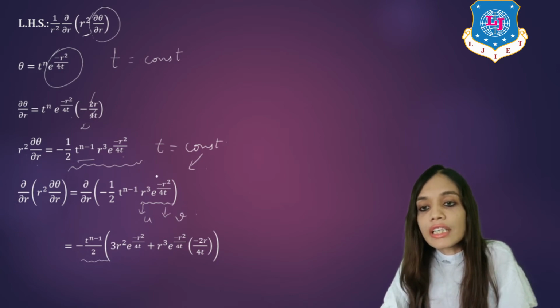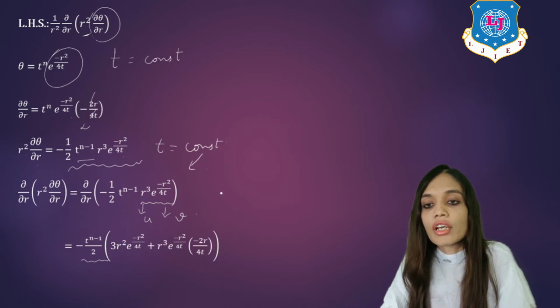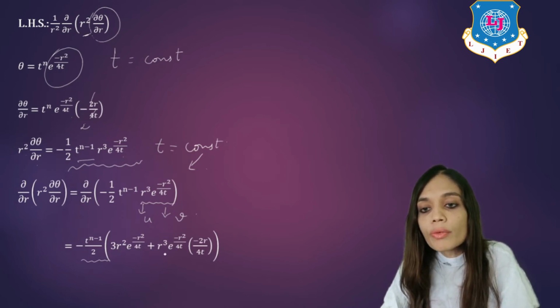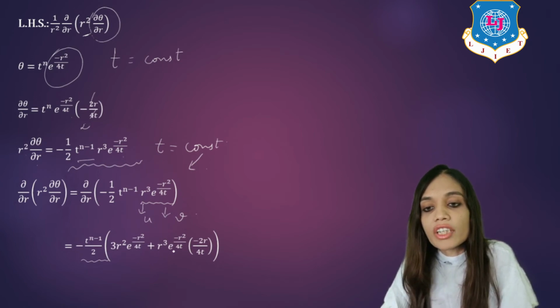So firstly keep this as constant. So derivative of r cube will be equal to 3r square. Now keep r cube as it is and do the derivative of this. So derivative will be e raised to minus r square upon 4t and derivative of this will be equal to